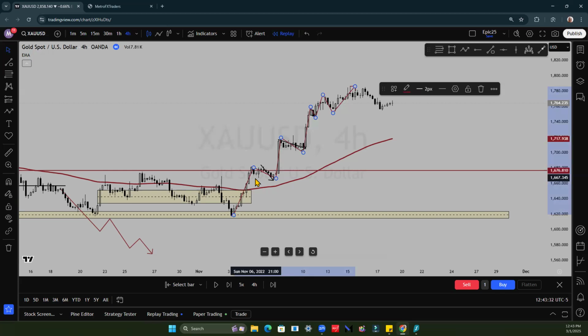Understanding market structure, understanding your trend line, understanding break of structure, understanding change of character, and placing your orders on the pullback, and be patient enough to say, hey, I gotta wait for the pullback. I gotta place my trade when I first open